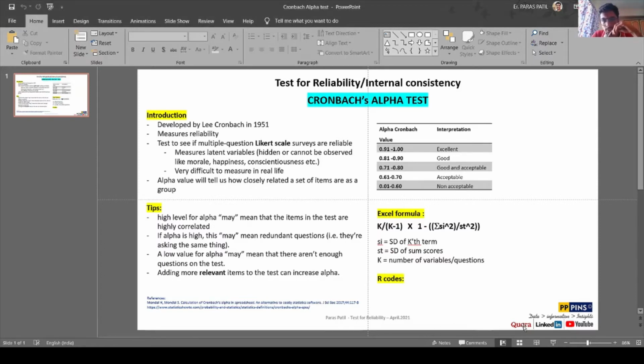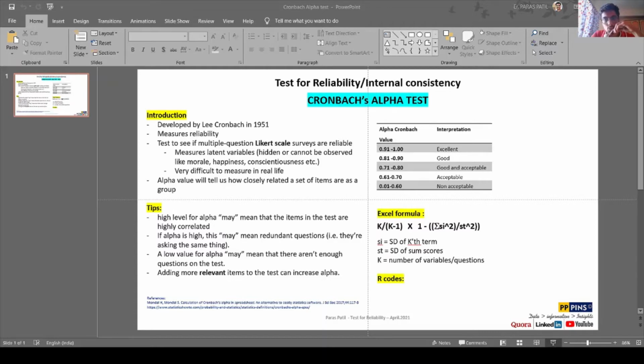presentation, just one slide on what actually the Cronbach alpha test is. It is possible to use this alpha test when a person is performing a qualitative analysis.